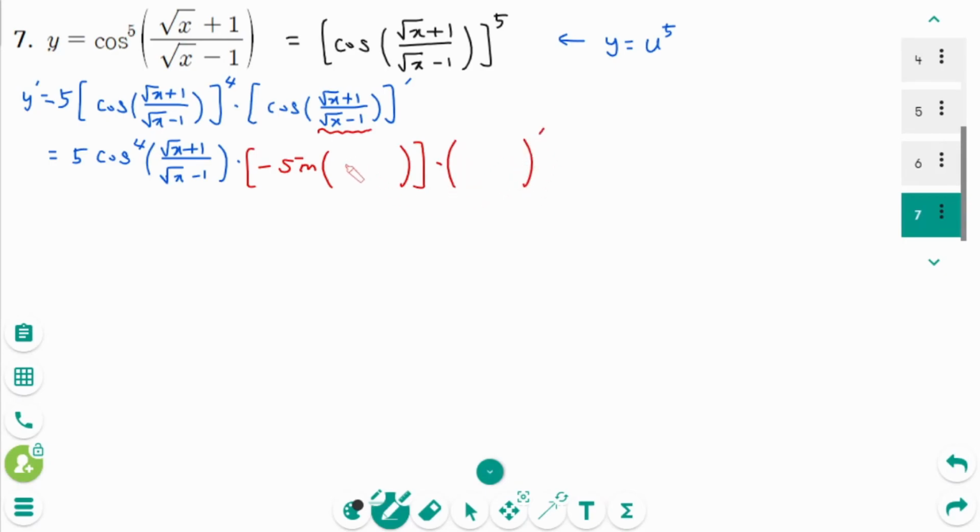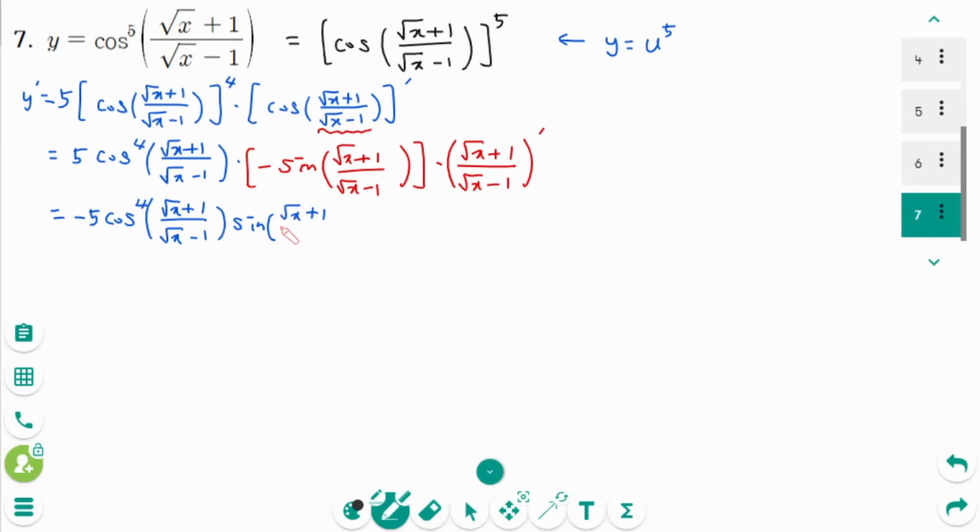The inner function is square root of x plus 1 over square root of x minus 1, square root of x plus 1 over square root of x minus 1 equals minus 5 cosine to the power of 4 square root of x plus 1 over square root of x minus 1 times sine square root